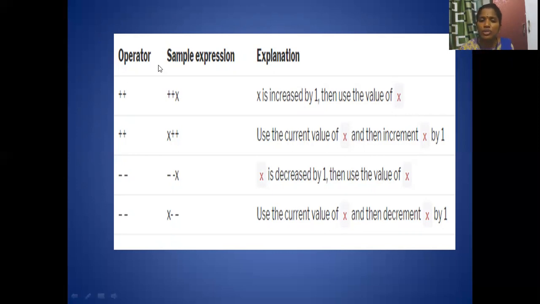Whereas in x++, use the current value of x first, then increment x by 1. Similarly, --x decrements x by 1, then uses the value of x. Here when you have x--, use the current value of x, that means post-decrement: first use the value, then decrement by 1.